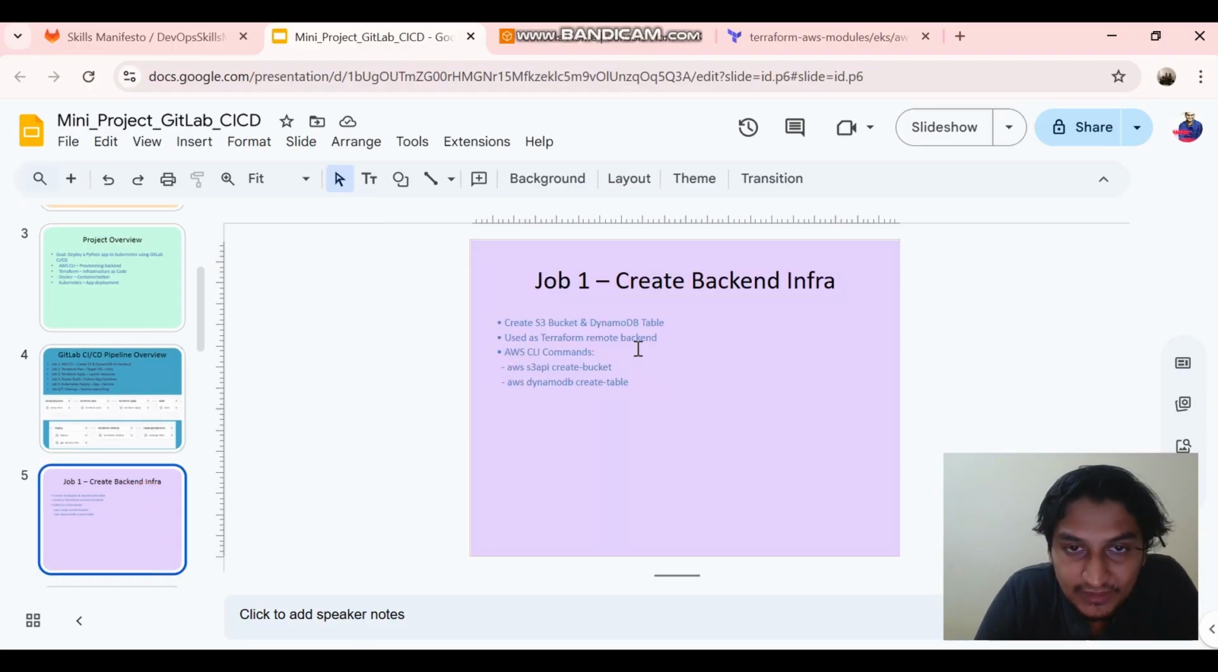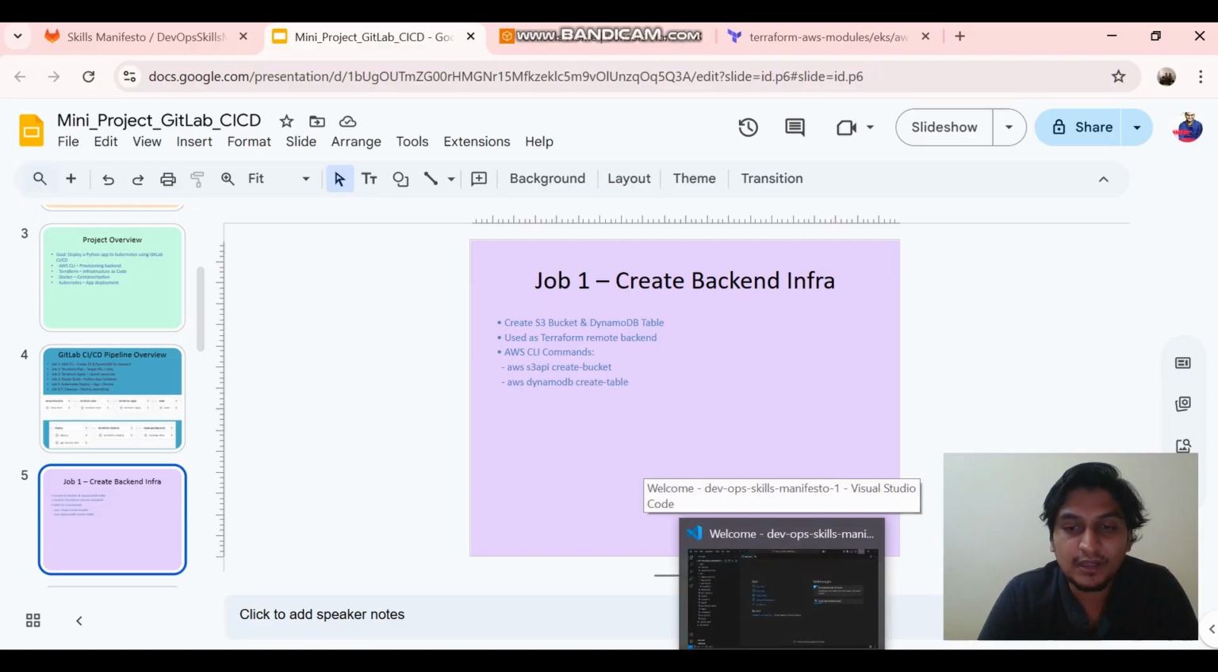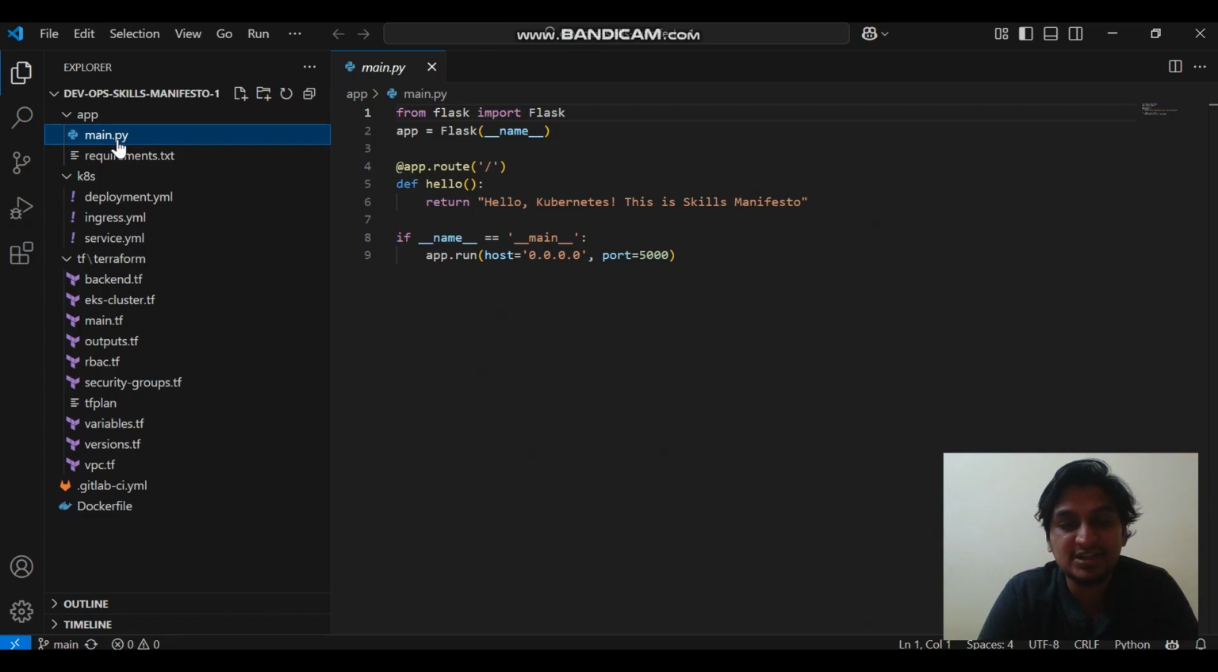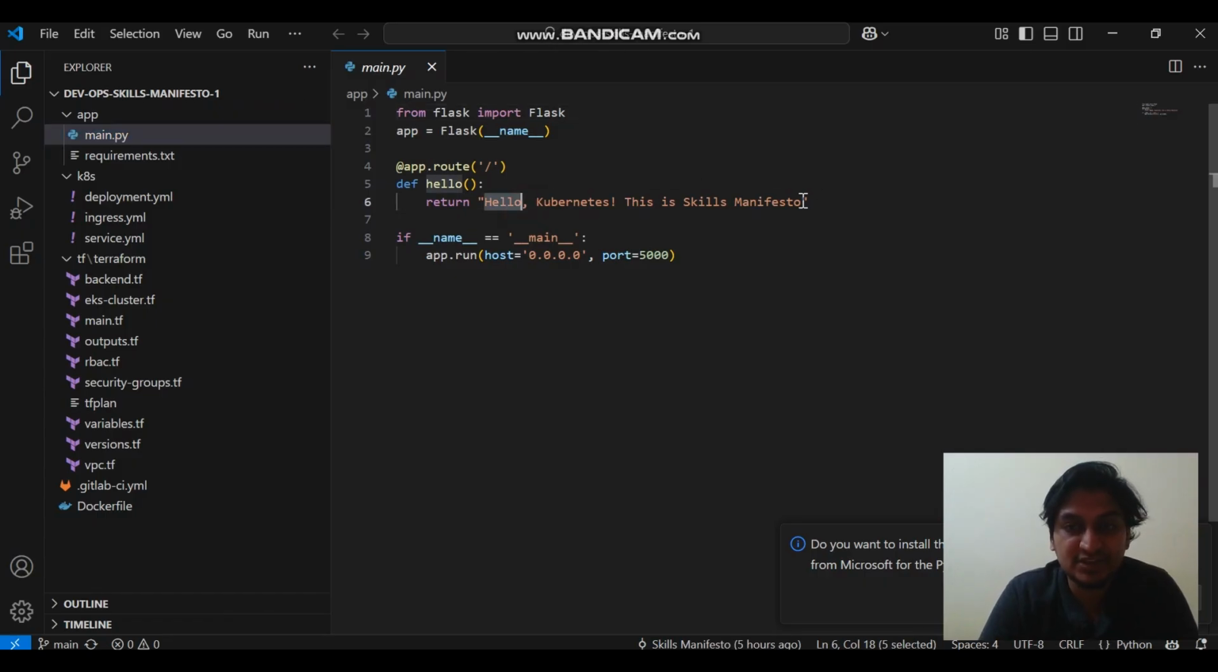Okay, let's move forward. So this is how the jobs are. Let me go directly to the code so that I can show you. So this is the simple Python application that we have. It's a very simple application. As you can see, it will just display this particular message, and then if I go to the Dockerfile,